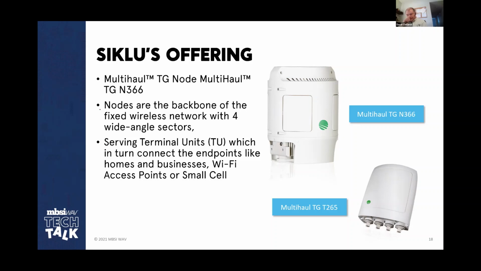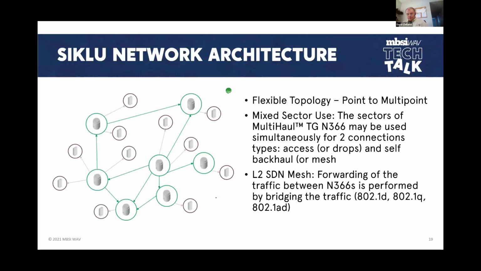We use beam steering exactly the same way, and then they have a number of different terminal units. The terminal unit, you see here, the antenna is built in, and we've got a number of interfaces coming out of the subscriber unit here for both fiber and copper. And here's what a typical architecture will look like using the N366 here, distribution nodes, and